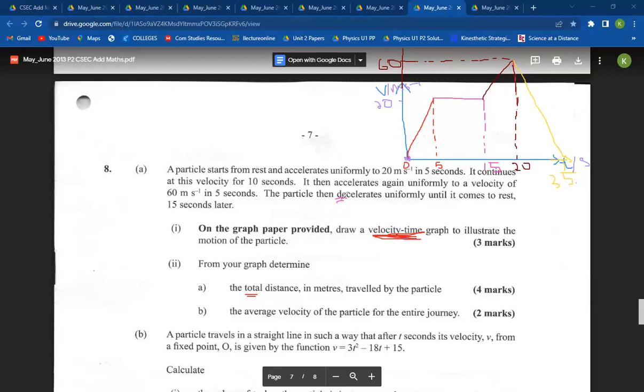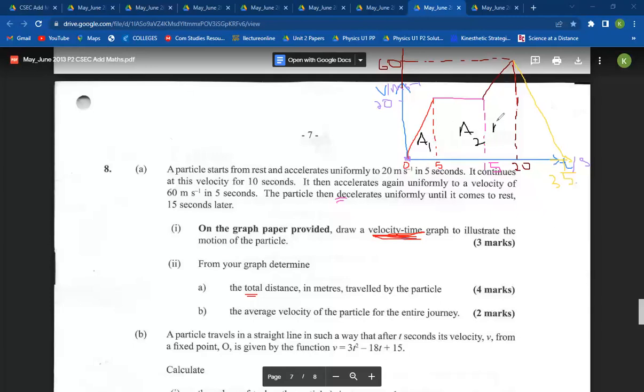So I want the total distance. The problem is I don't have a formula to find the area of this shape, but I can split it up into different shapes that I know how to find the areas of, right? So this is a triangle, rectangle, trapezium, and another triangle. So looking at the area of the first triangle, I know that the area of a triangle is base by height on 2. So base by height divided by 2. Or some people say a half base by height. Doesn't matter, right? Let me just call this area A1,